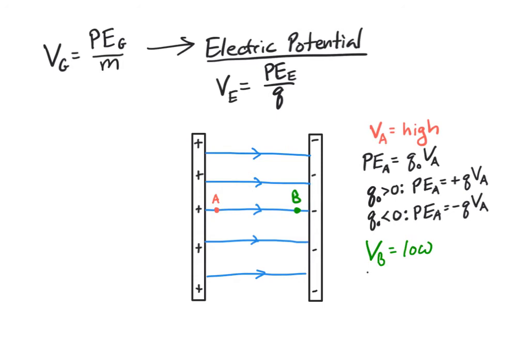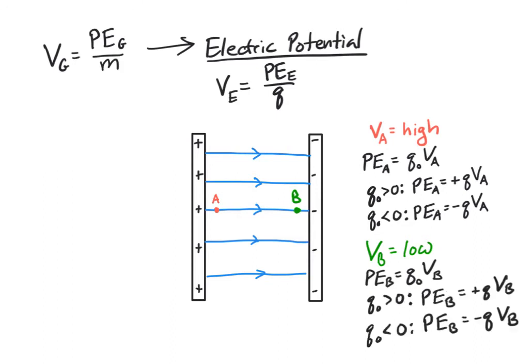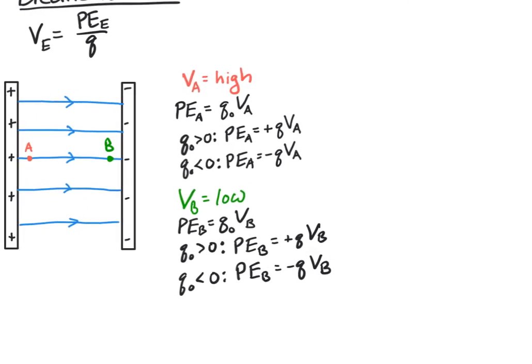And the potential energy of a charge placed at point B would be equal to the charge itself times the electric potential at point B. And again, we can write out what this will give us if the charge is positive or negative. And this actually gives us some useful information, because if you look at this,